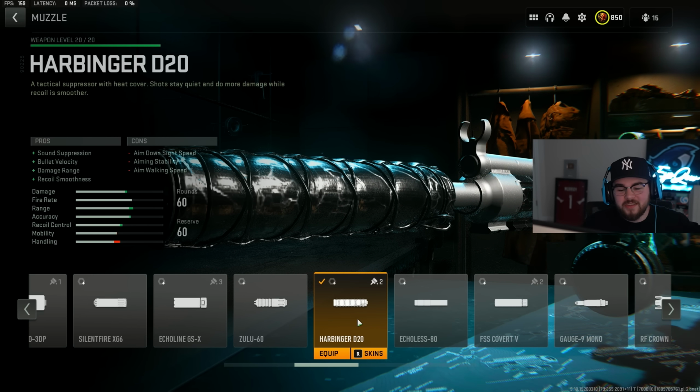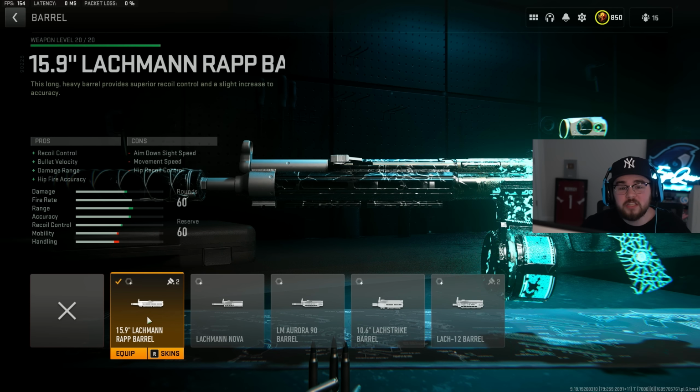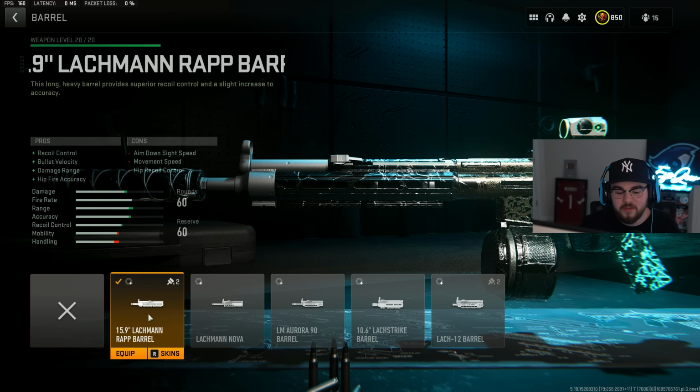For the muzzle, we're tossing the Harbinger D20 suppressor again for the 3rd build in a row, giving you guys the exact same pros and cons. For the tuning on the suppressor, I did plus 1.22 for that recoil smoothness, and plus 0.81 for that bullet velocity. Then we're tossing on the 15.9-inch Lockman RAPP barrel, giving you guys that recoil control, bullet velocity, damage range,